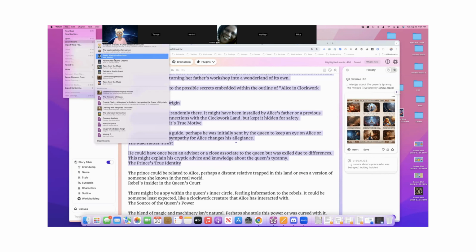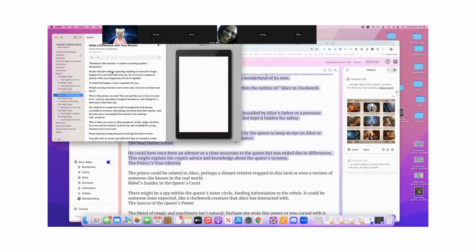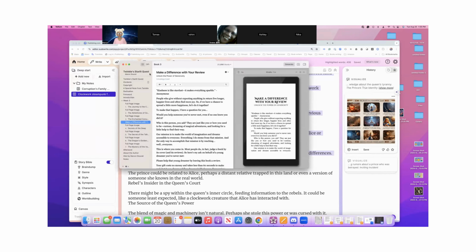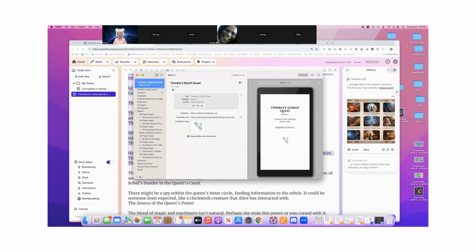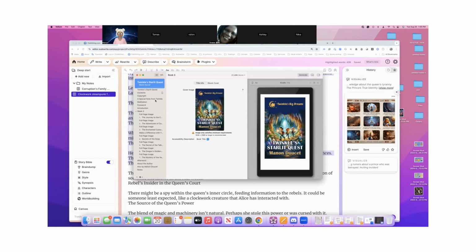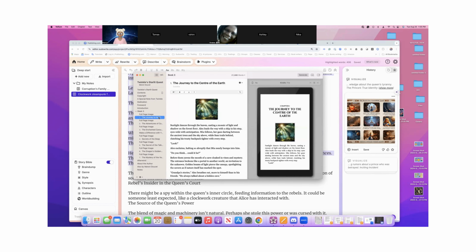So these are all the stories that I have written and they've been published. Okay. And let's see, Twinkle. All right, this is my book on Vellum. These stories, I used Sudowrite to write them. I got my cover. I got images that were done by Sudowrite, and I bring them inside my books like